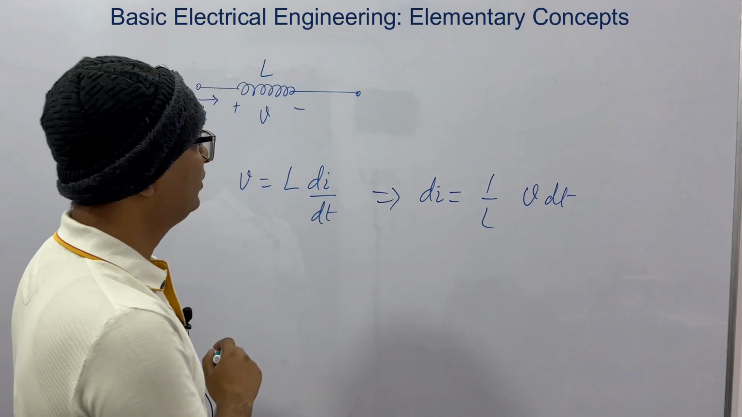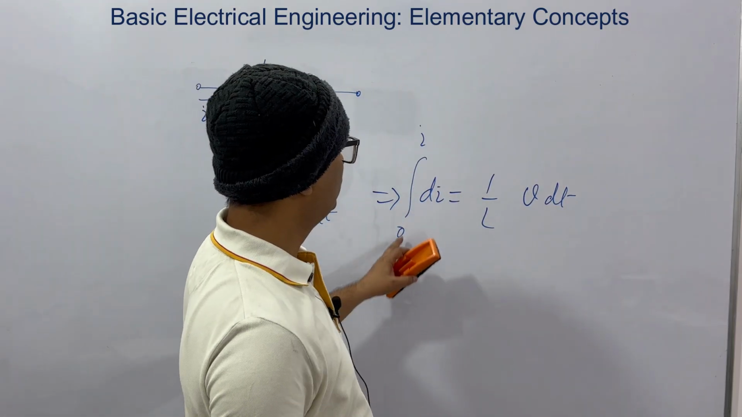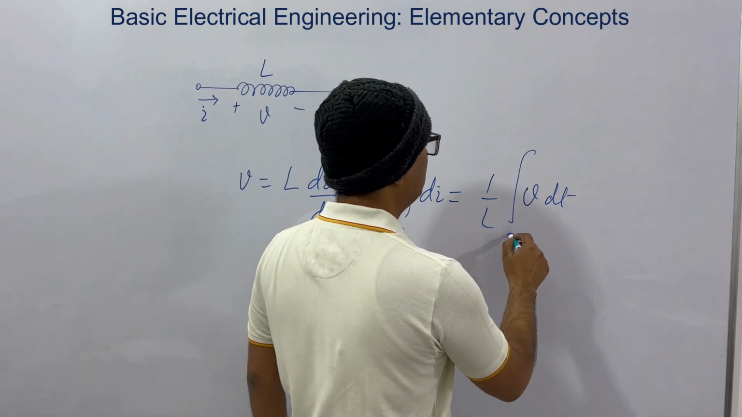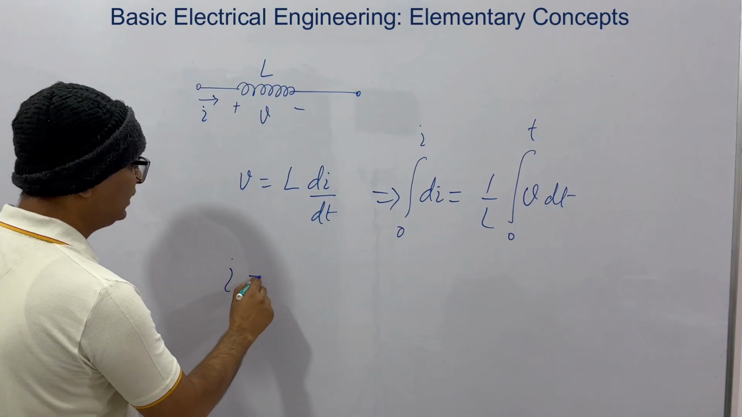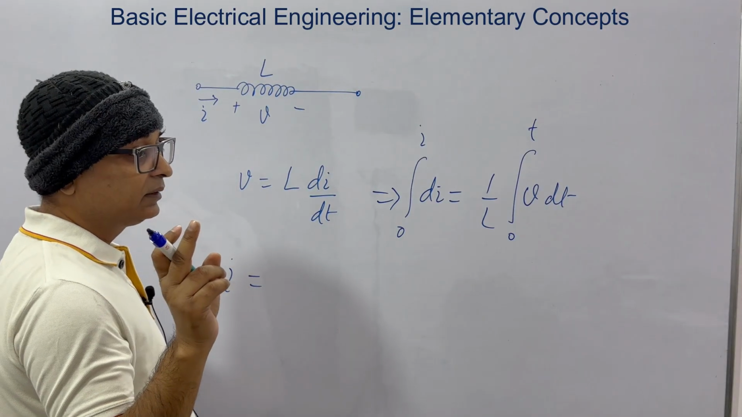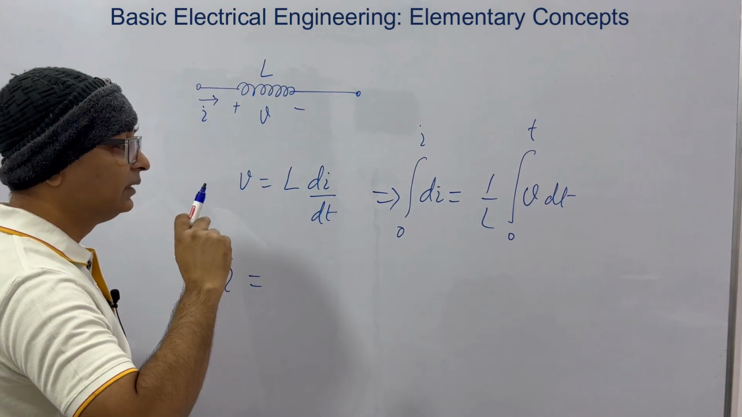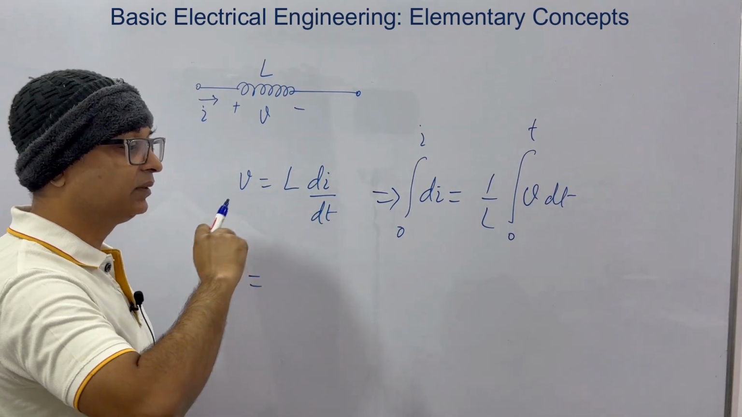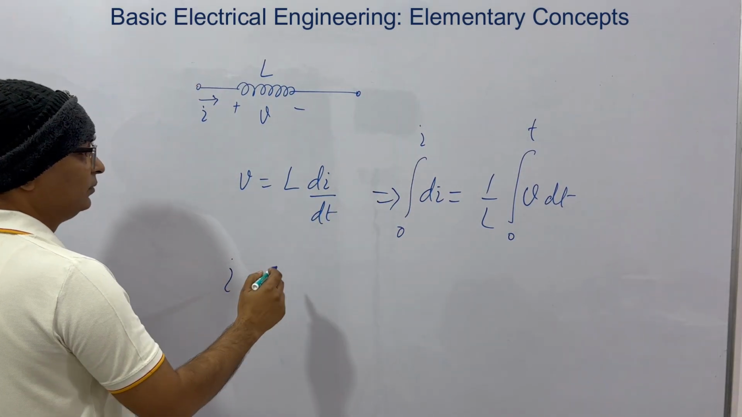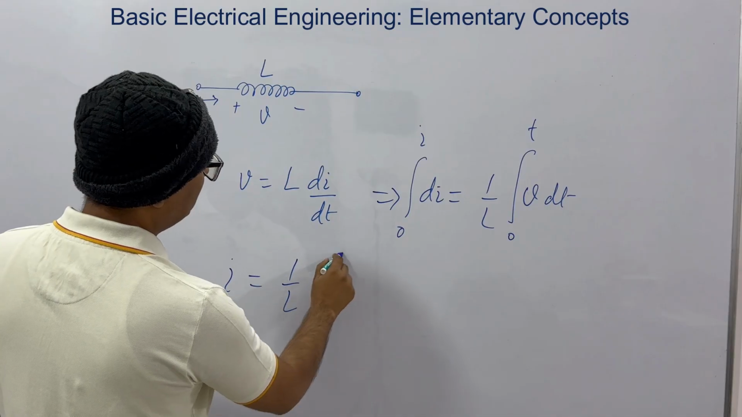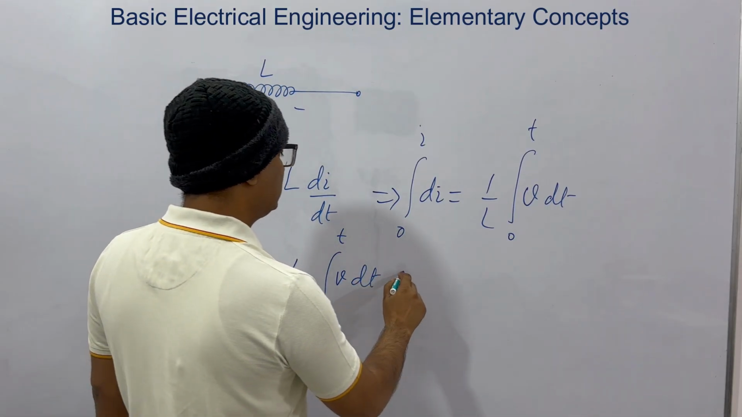Okay, 1 by L V dt. So the current will rise from 0 to I, and this will rise from 0 to T. So what effectively you get? The current in the inductor is, if you make an analogy with a capacitor, there when you pass a current, the voltage rises from 0 to V. Here the current rises from 0 to I. That is, you can write it like this: 0 to T V dt, and plus you will have a